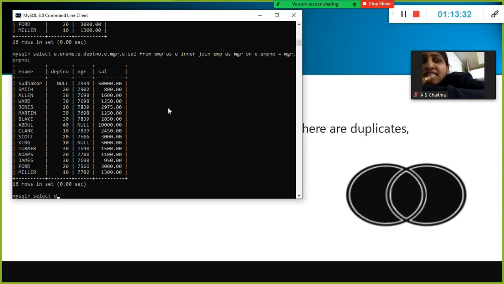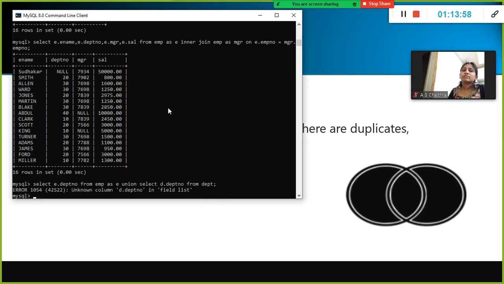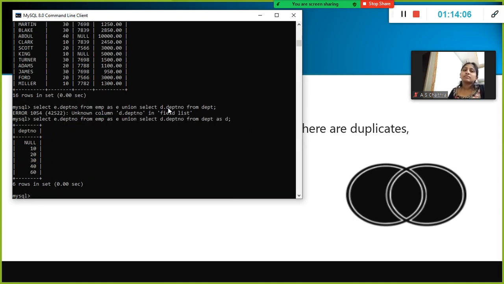Select, for example, depart number from EMP as E union select d dot depart number from depart. Will it work here? Department and field list, right? D dot as all the values.